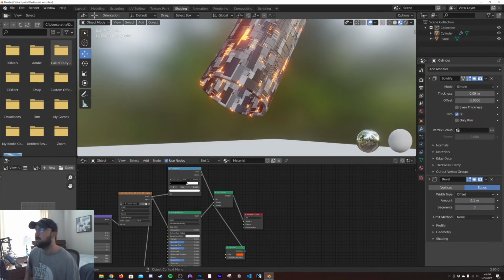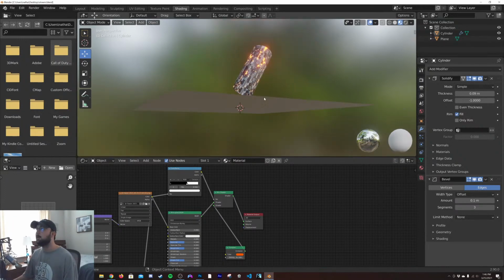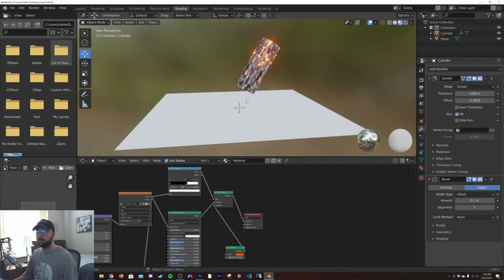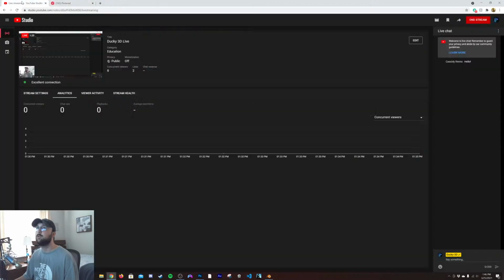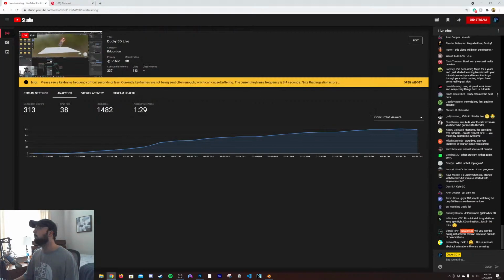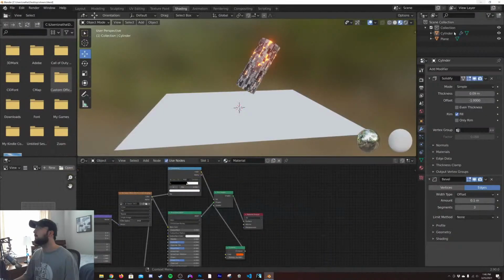Let's go ahead and make some volume around the scene and then really have some light shining through it before we worry about this ground plane. So we'll do that. How many viewers do we have here? I'll have to check on my little thing here. I wish I had two monitors, but we can see here we have 300. Wow. There's all the comments there. That's crazy.